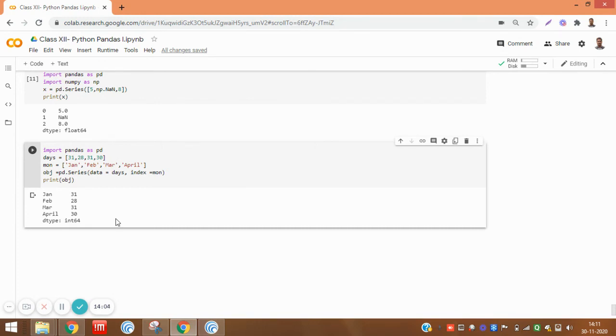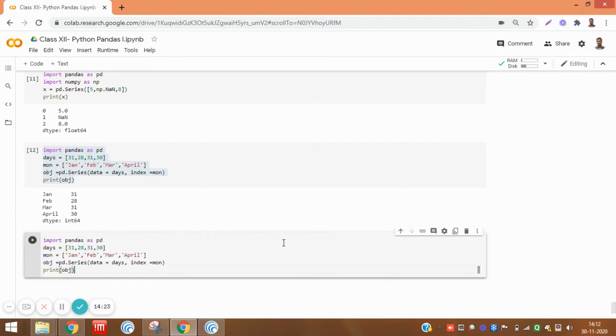Okay. So you can also give here directly if you want to give the data, like next program we can check here, and directly we can give the values here.